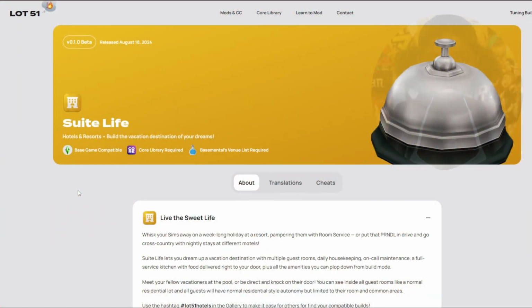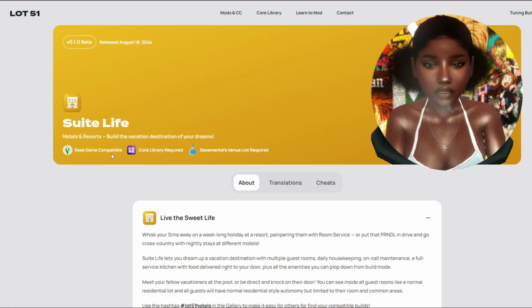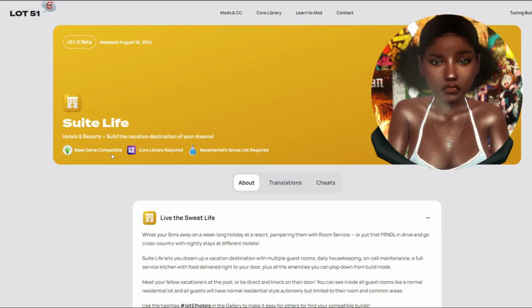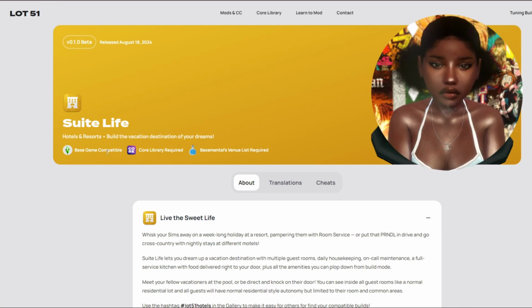And so on Lot51's website, on the downloads page, the first thing I want to mention is that this is a base game compatible mod, but the mod does have some cross-pack compatibility. So that means that if you only own the Sims 4 base game, this mod will still work. However, if you own some of the other packs like Dine Out or Get Famous, then additional features will be